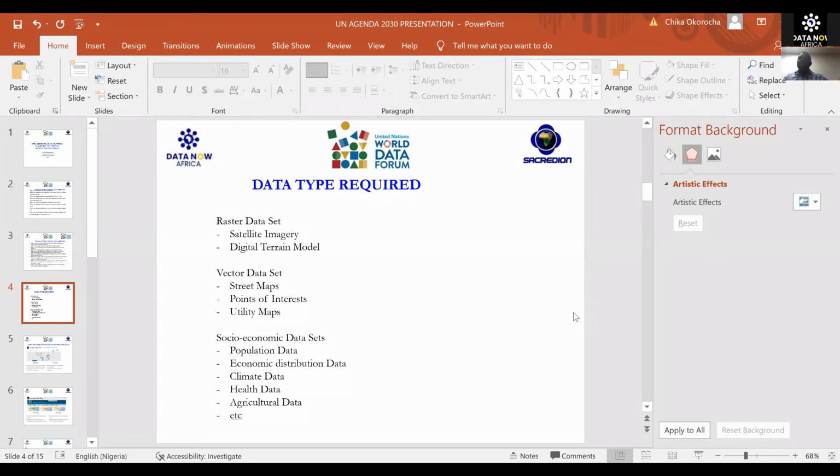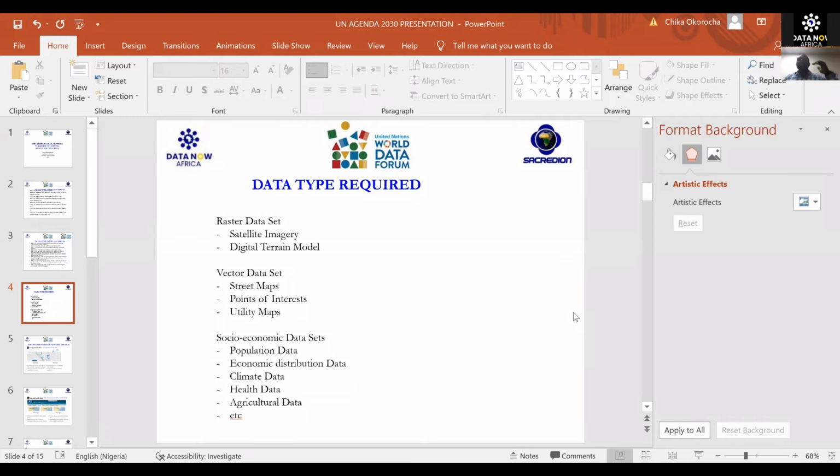Now, where is your location of interest? You need to have satellite imagery. Now, you can have interest in getting a drone imagery of your location of interest, but you know drone imagery is difficult to acquire. It requires some level of resources. But there are free satellite imagery that you can even use in carrying out your planning. There are also free access to digital terrain models that you can use for infrastructural planning, at least feasibility study and analysis.